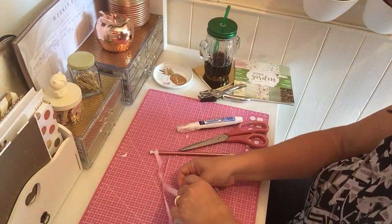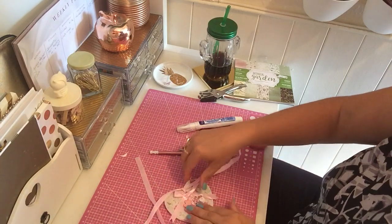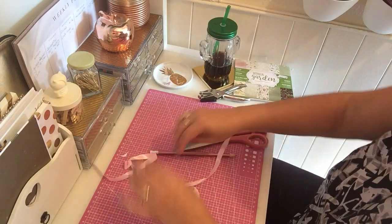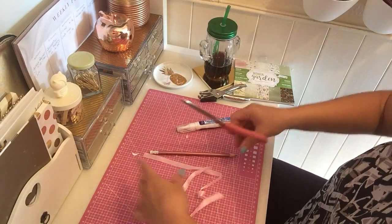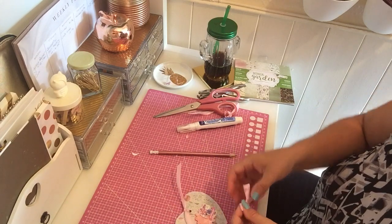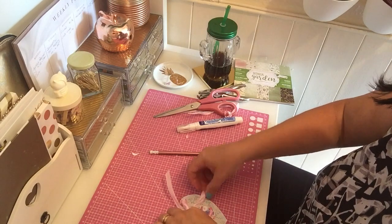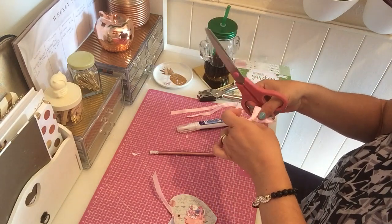What I will do, I think, is I will just tie this there. Put a double knot in, I think. Then I'll just, and then just want to add smaller. I'll actually trim that down. And I want to put the little bow. Yeah, I think I will. I'll just trim that down a bit more. I don't want that to be